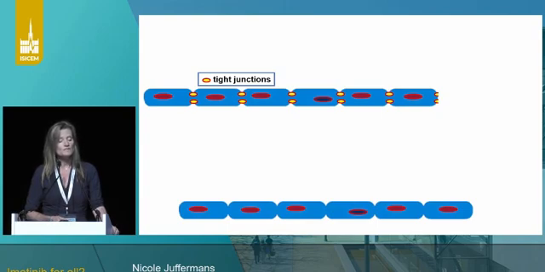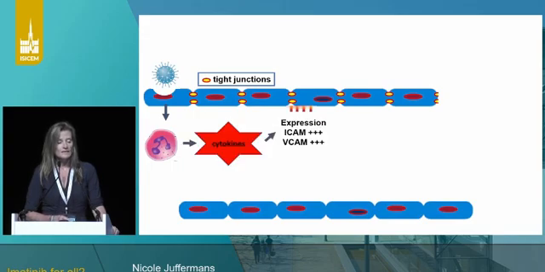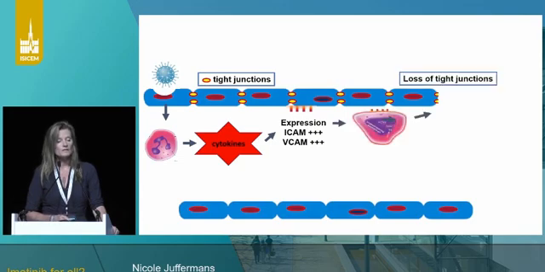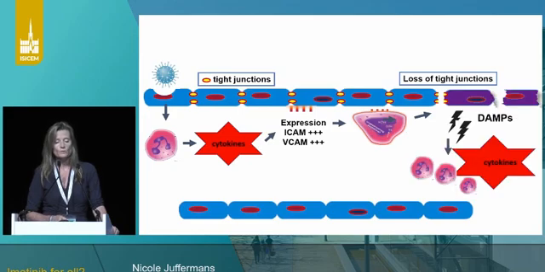I made a cartoon of this. This is the vessel wall, and the endothelial cells are tightly linked together with a structure that's called tight junctions. So when SARS-CoV enters the endothelial cell wall, there is activation of the immune system with the immune cells responding, and they express cytokines, and this leads to an expression of these adhesion molecules. And then the neutrophils tether along, they adhere to these endothelial cells, and then a close interaction starts. And this actually results in loss of tight junctions and increased endothelial permeability.